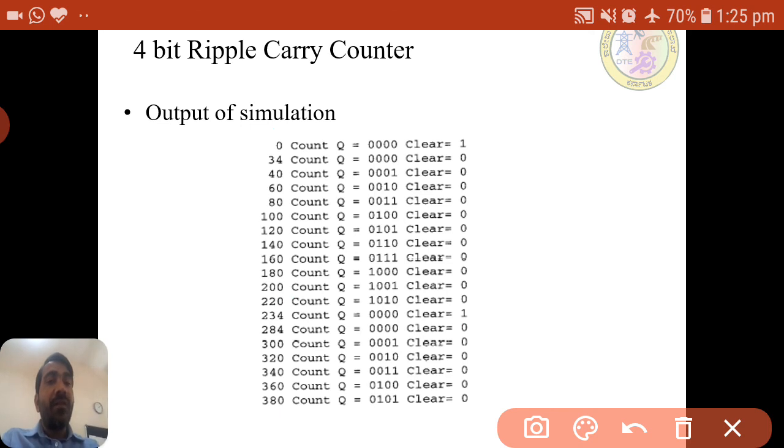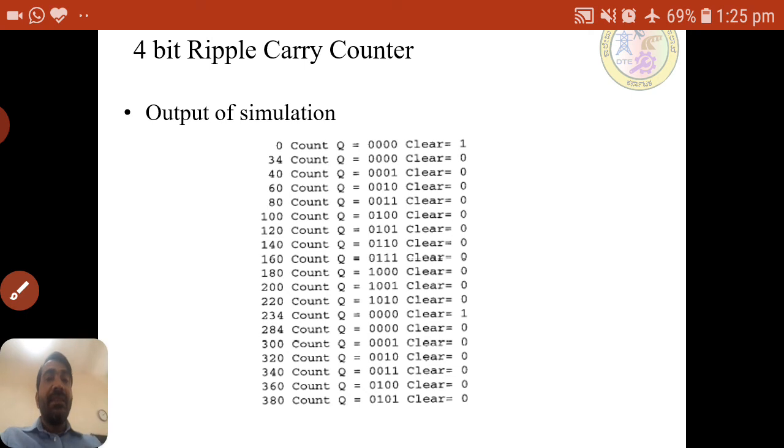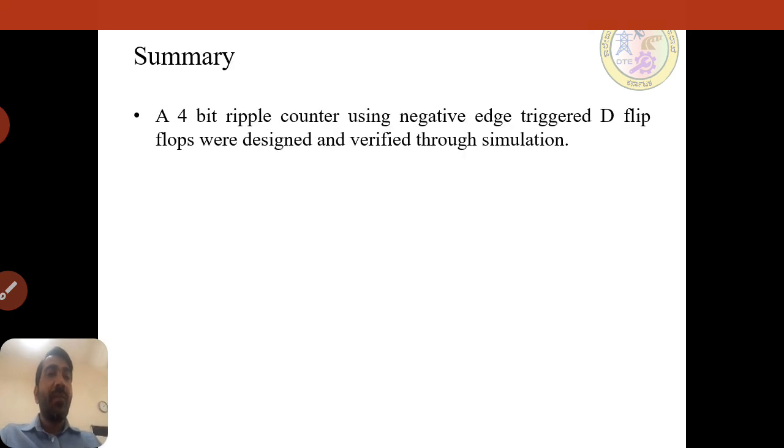Again after some 50 nanoseconds clear is 0, so from 284, that is 234 plus 50, the counter is started again. So this is how, based on the clear input, the counter gives the output. So this is the simulation, how the counter output looks on the screen.